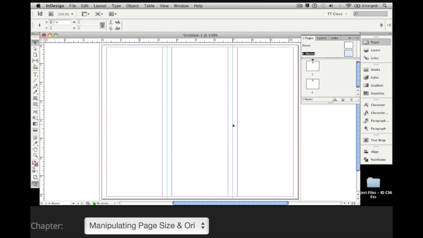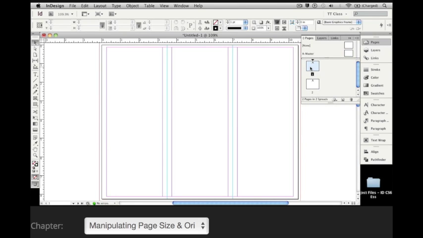Now, as I've built this on the master page, what I'll see if I double click on page 1 is that I have the same information. If I double click on page 2, once again, I'll see I have the exact same information. I'm going to go back to page 1, and what I'm going to do is account for